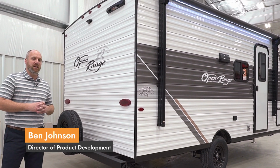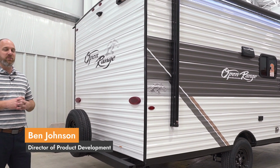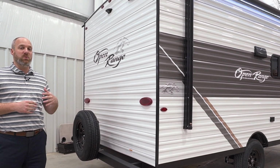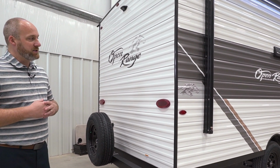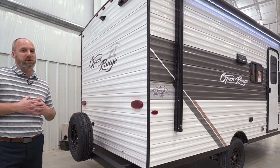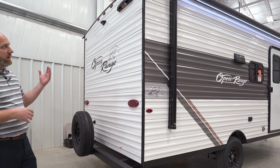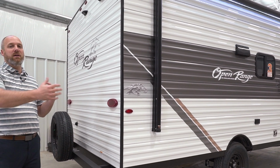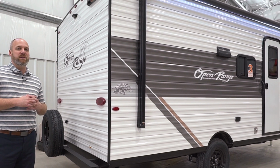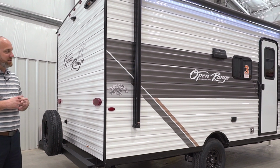I'm Ben Johnson, and I am a product director for Open Range RV, and I'm standing in front of a 2025 Open Range 19BH single axle conventional travel trailer. And I'm going to spend the next few minutes walking around the outside and then walking around the inside and talking with you about a number of features that we're very proud of, that we feel make this travel trailer